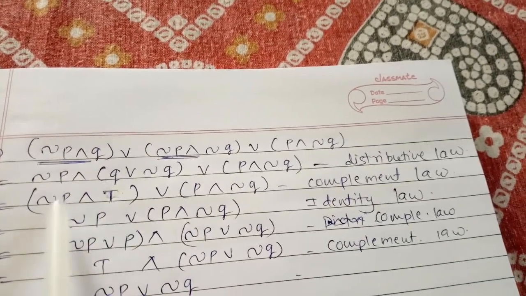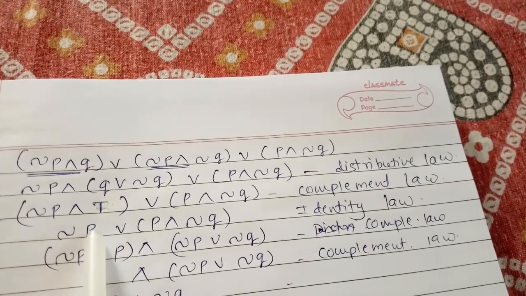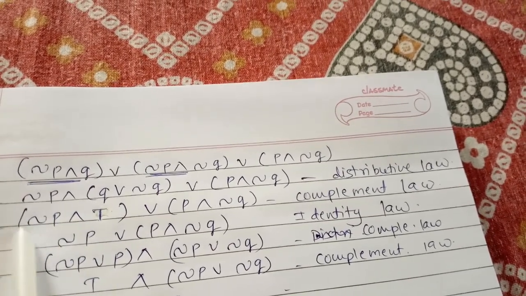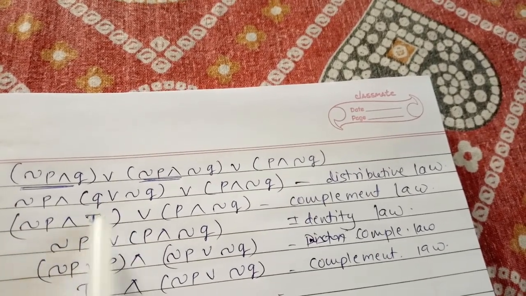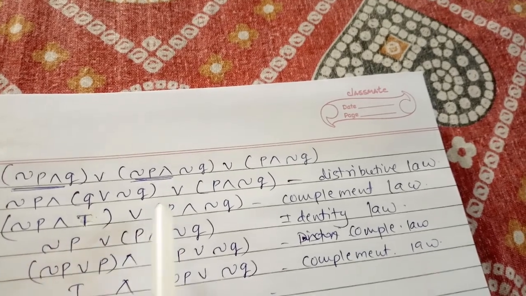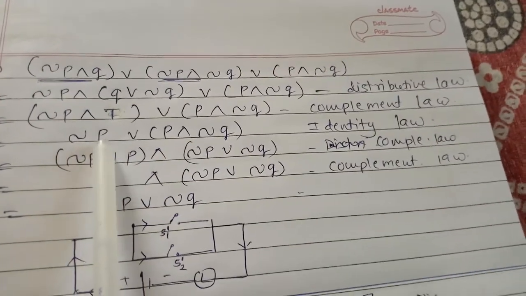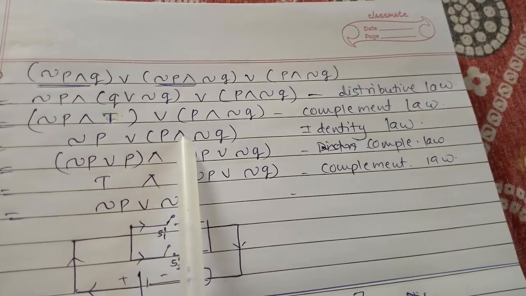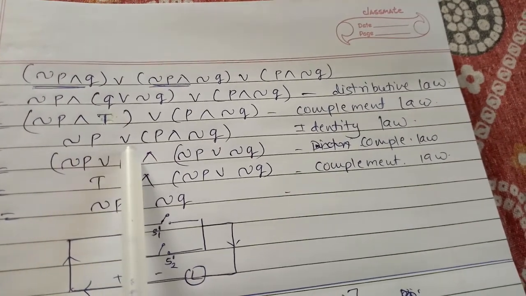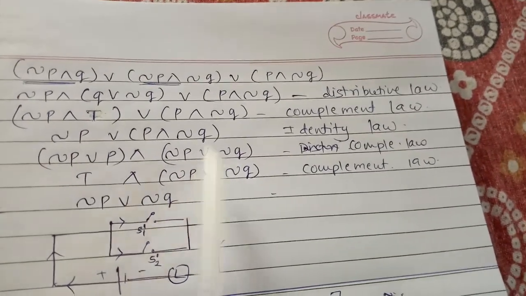Negation P, so what is the result of this one? That is negation P conjunction T is always negation P, means here अगर P negation P भी नहीं हुआ, सिर्फ P भी होगा, तो the answer of P conjunction T is always P, that is negation P, and the remaining part we write it as it is by identity law. Now we are going to multiply this bracket by this negation P. So negation P disjunction P conjunction negation P disjunction negation Q. So again it is by complement law.